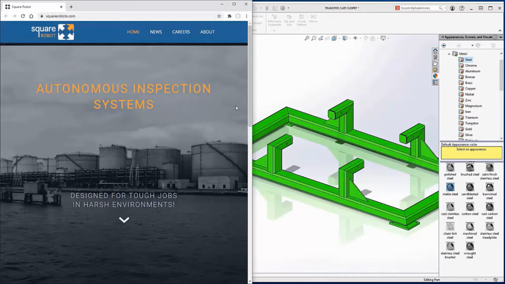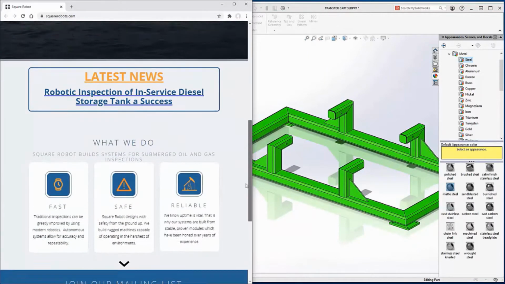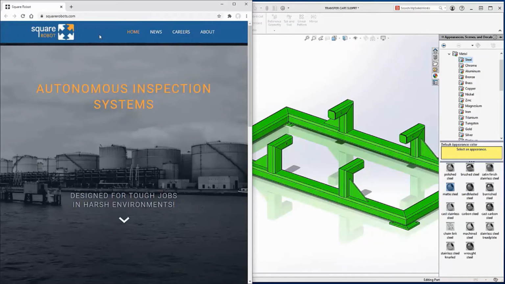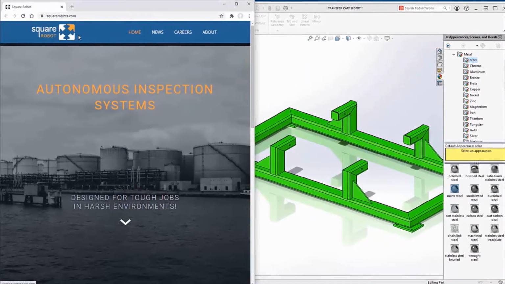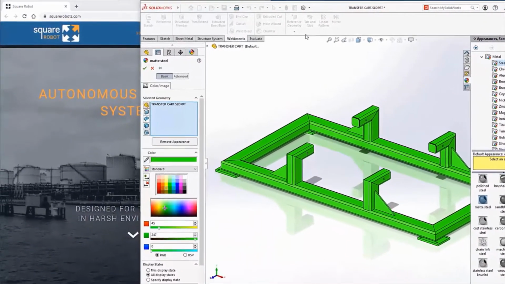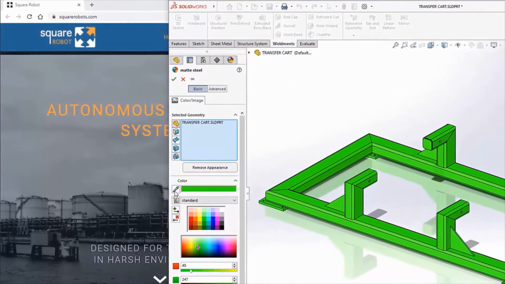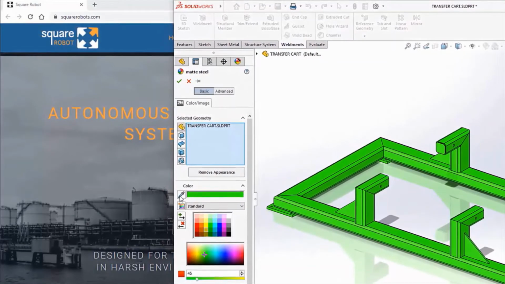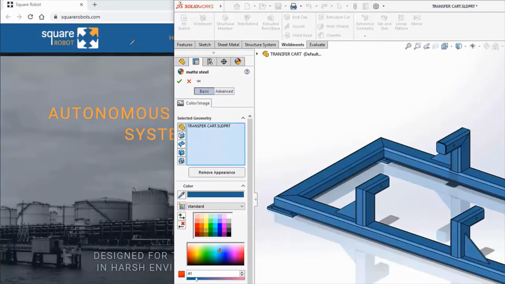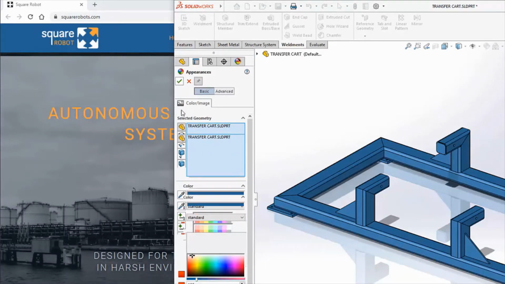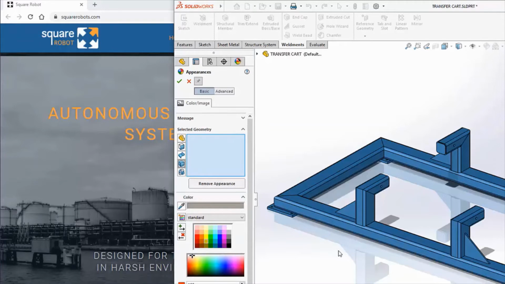Let's take a look at the Square Robots webpage. Here we can learn all about their products and their initiatives, but what we really want is the color in the banner of this page. Now in SOLIDWORKS 2021, there is an option for easily selecting colors that do not exist on the palette. Just drag the dropper icon over an area on the screen and the color under the dropper is applied to